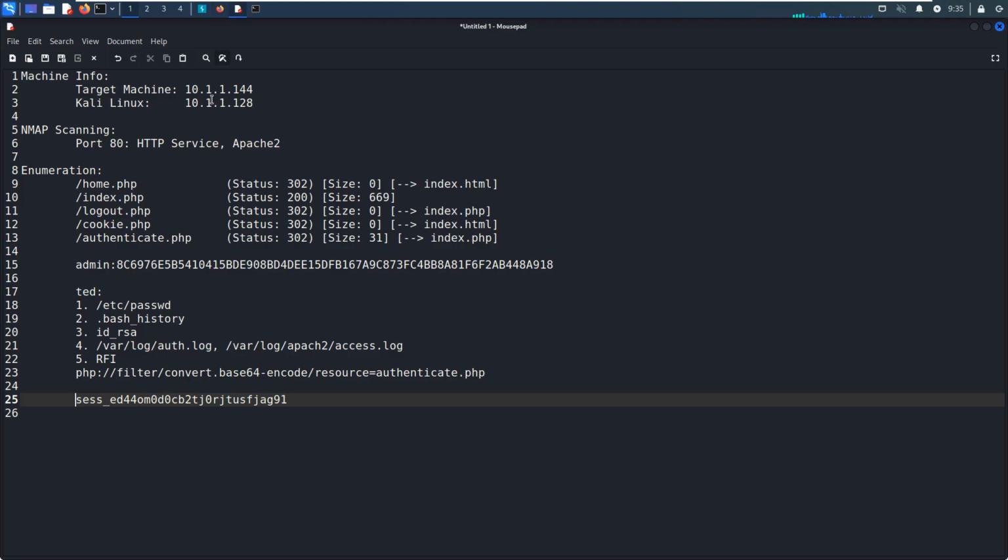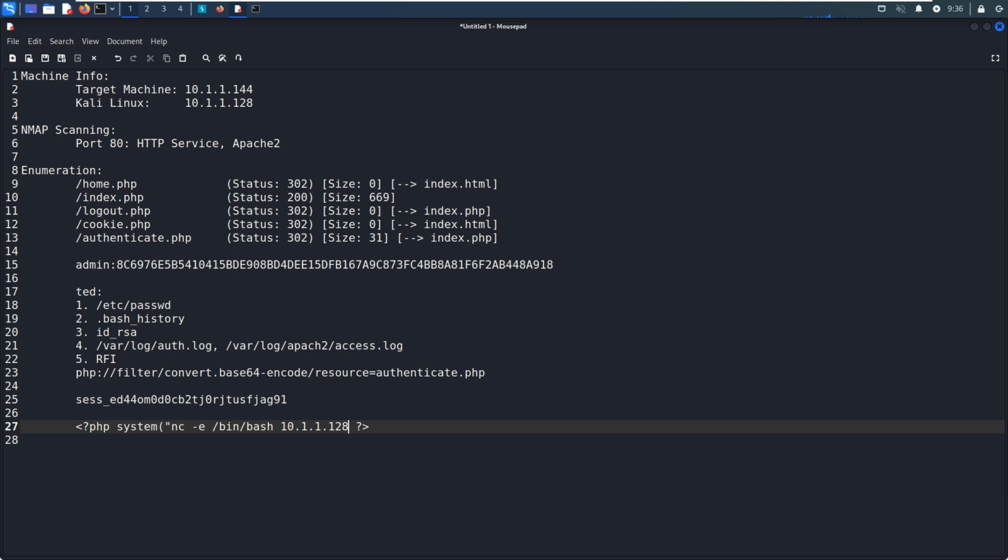We can try to write PHP and system and netcat followed by the IP address of the Kali Linux followed by the port number.